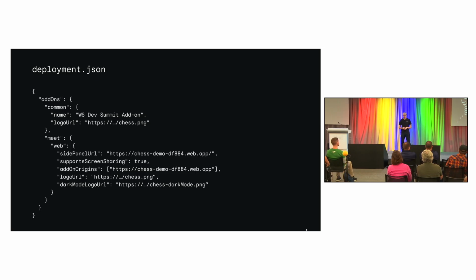So side panel URL. Again, most of your add-ons are going to launch from the side panel. They might live in the side panel still, or they might launch from the side panel into the main stage. That's generally the way we want developers to interact. So you might want to push a button in the side panel and then go over. Support screen sharing. So again, this is that butter bar at the top, true, false. If you want to be able to actually say, yes, I want to screen share my application so that others